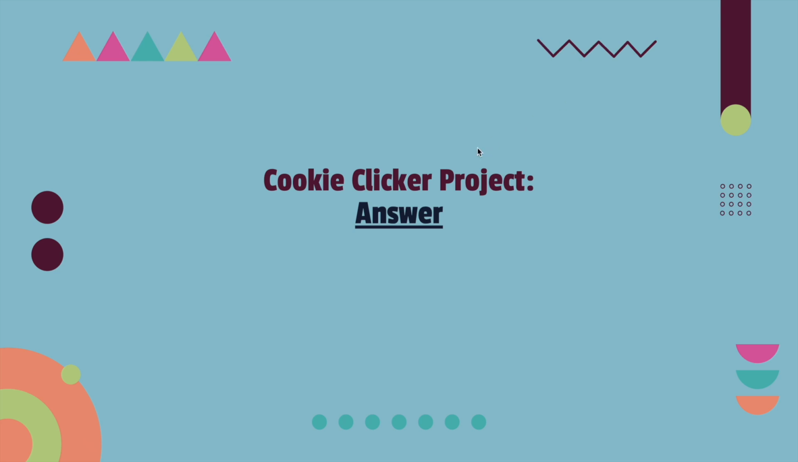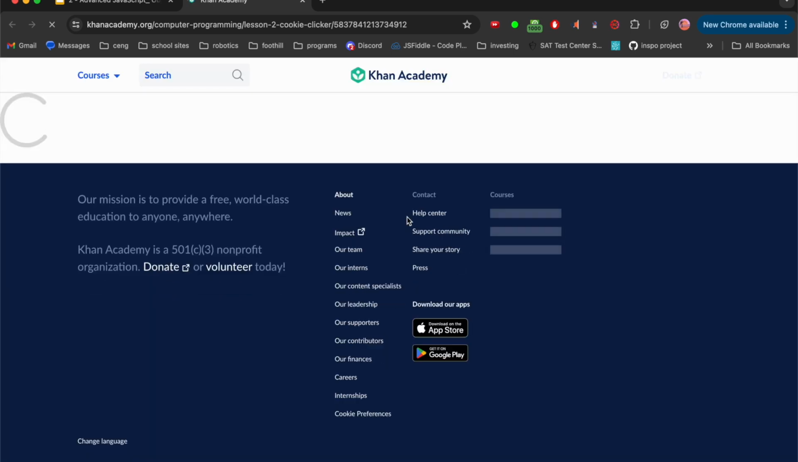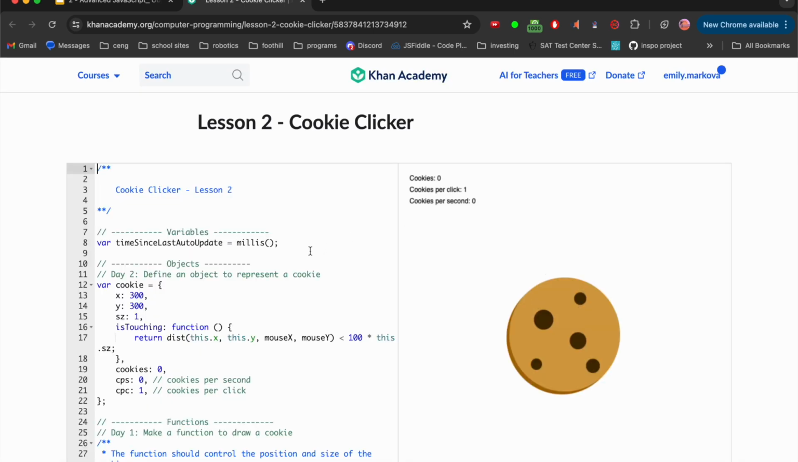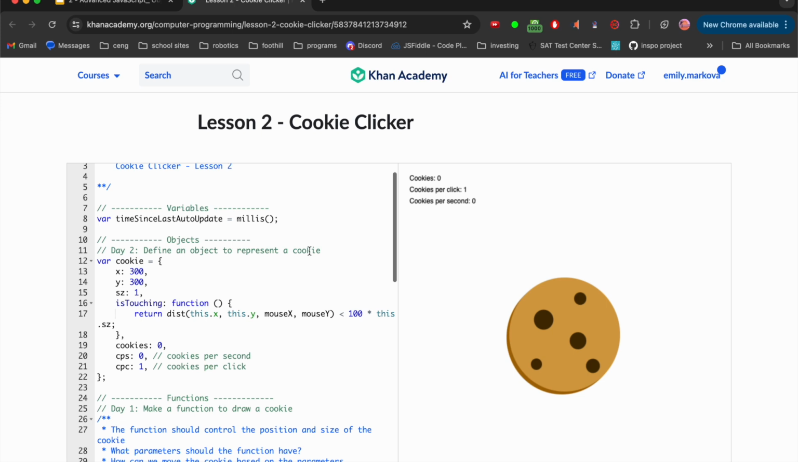Now I will be going over the answer key for what we did today. So if you are stuck at any parts, you can review this and then go back and see if you can get it going. Okay, so the first thing you see here, we've made our time since last update. You can name this whatever you want if you want a shorter name, but the important thing is you're getting